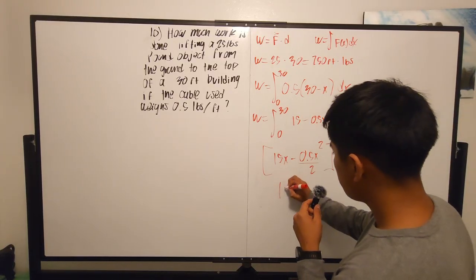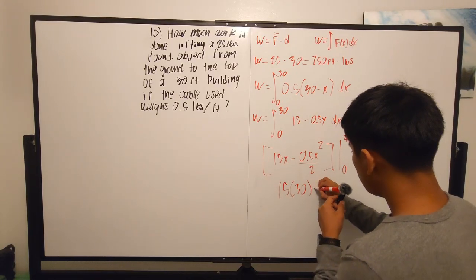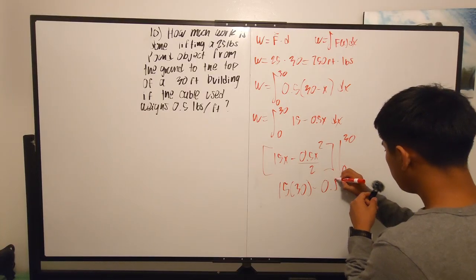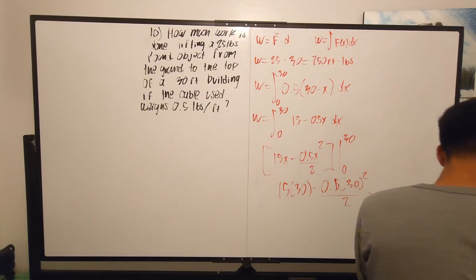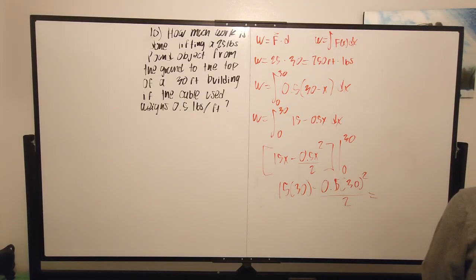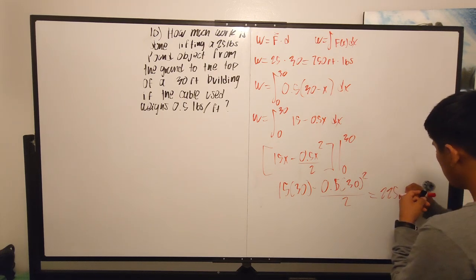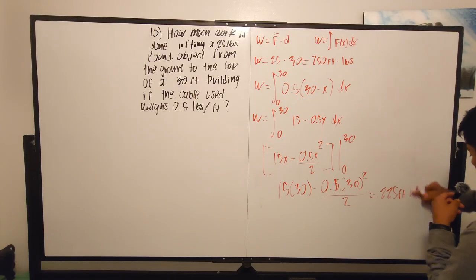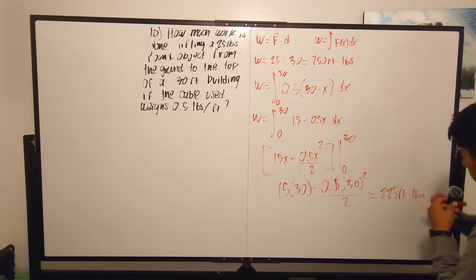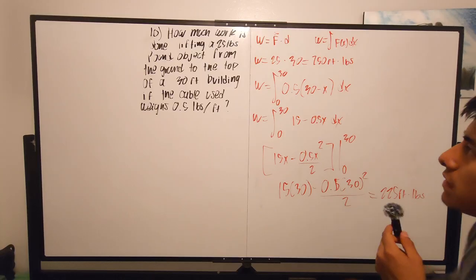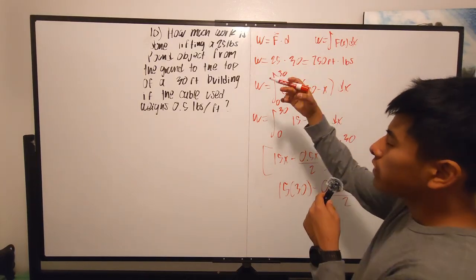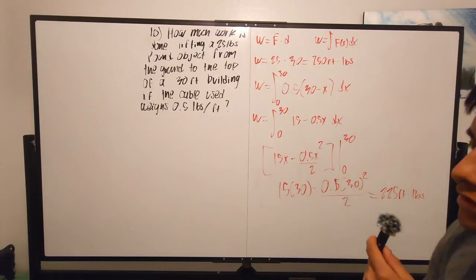So we have 15 times 30 minus 0.5 times 30 squared all over 2. That is going to equal 225 foot pounds. Normally in physics we say Newton meters, but since we're working with feet and pounds, we have to say foot pounds here. So it's asking how much work for the object, and since you have to use the rope for the object,